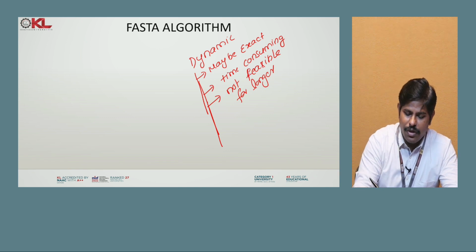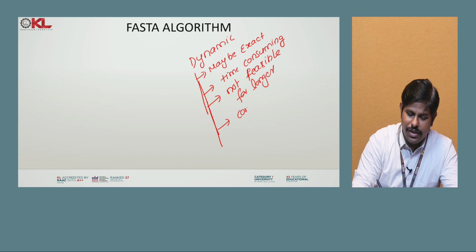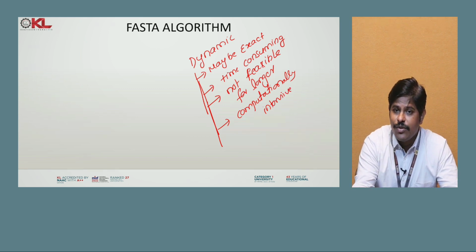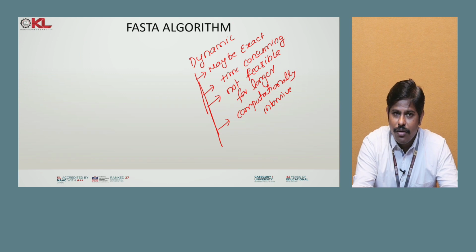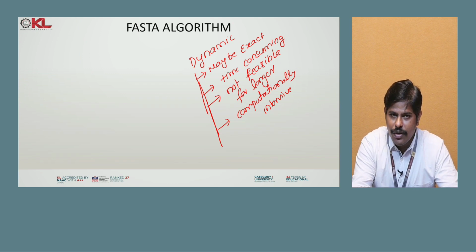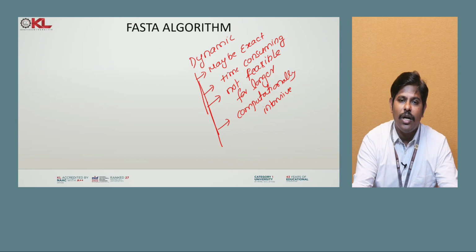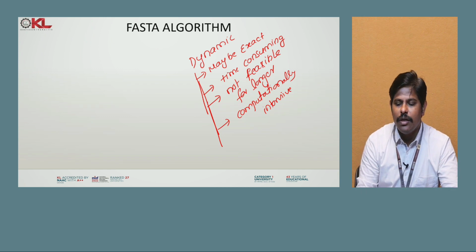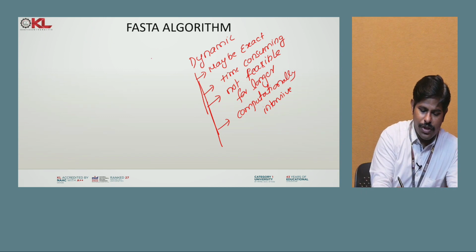Dynamic programming is also computationally intensive. That means you need a lot of computational memory. Sometimes you require supercomputers, and we don't want to hang our laptops while doing some sequence alignment work. That's why we need an alternative approach, which should not compromise on the scoring of the alignments, and at the same time should give the results very quickly. Those approaches are called